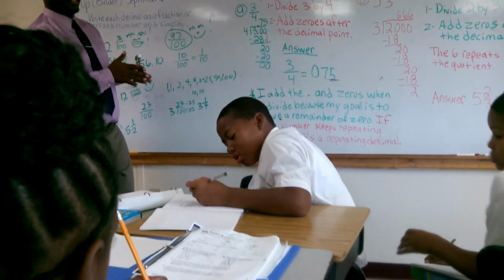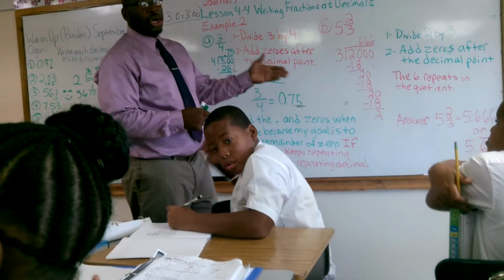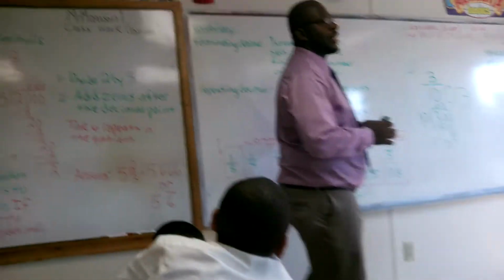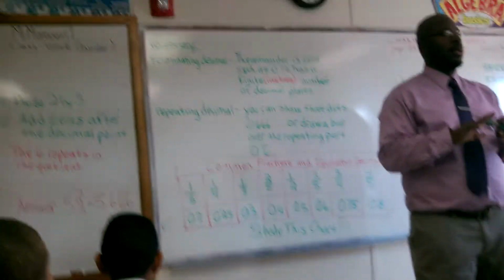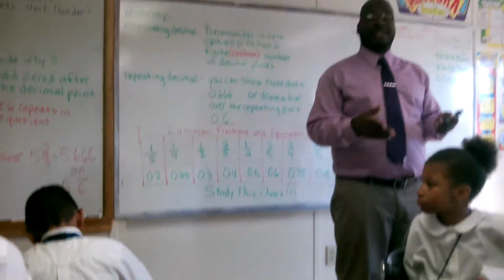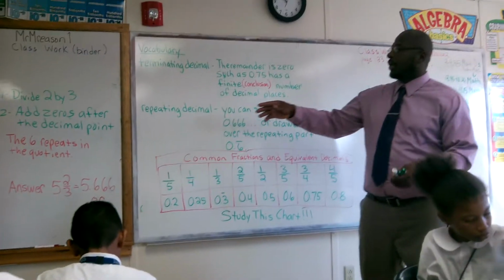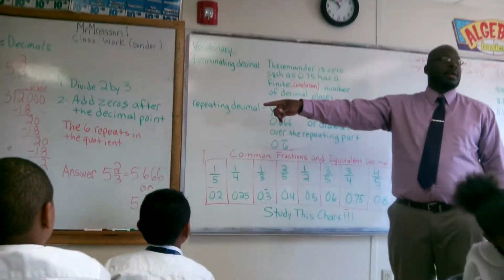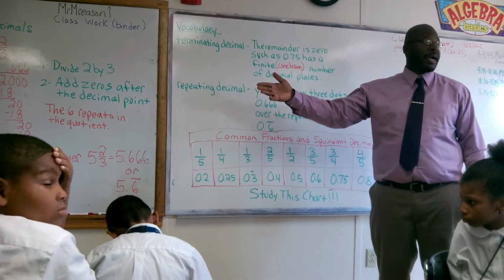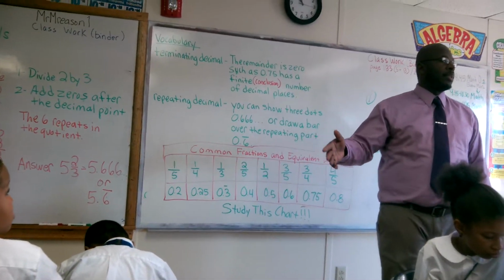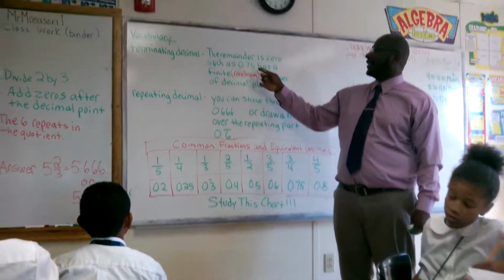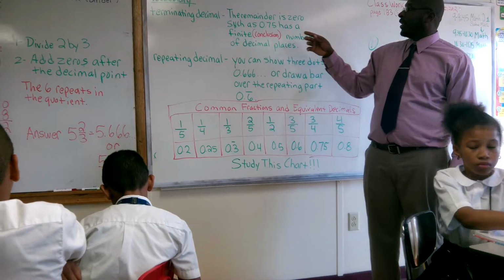Let me explain what type of decimal this is. This is called a terminating decimal. And the reason why it's called a terminating decimal is because it did what? Terminated. What does terminate mean? Destroy or stop, cease to move forward, right? So we had a 0 as a remainder. Anytime it's a 0 as a remainder, when we're dividing, making a fraction into a decimal, that means we have a terminating decimal. It stopped. The remainder is 0, such as the 75 hundredths in problem A, has a finite